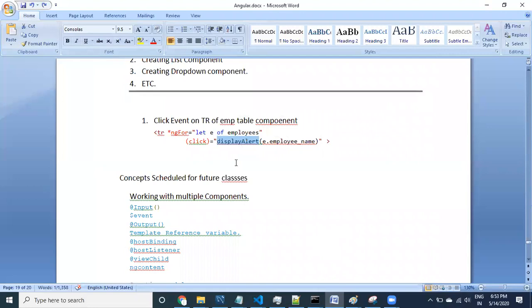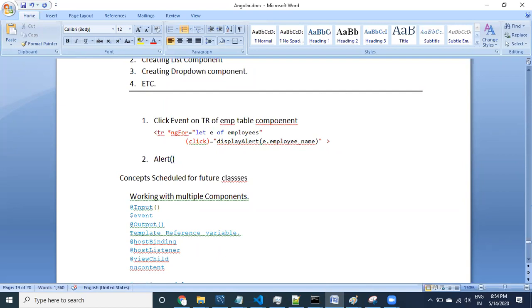Which method? This particular alert method. Now, while calling this method, we are providing the information available in the employee object. The second step, what we are doing? Alert.